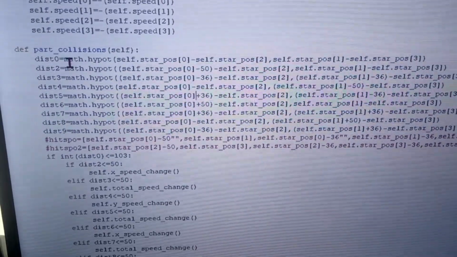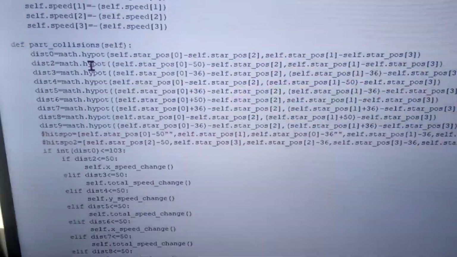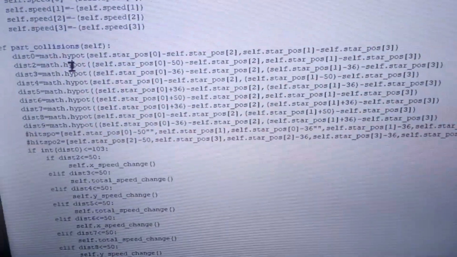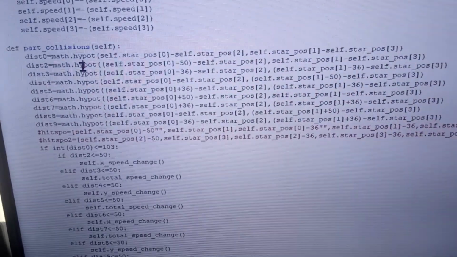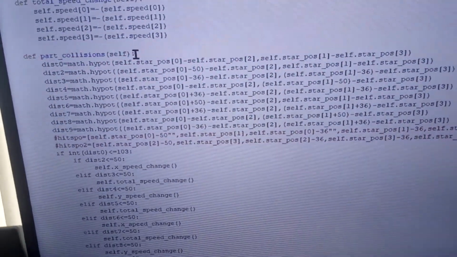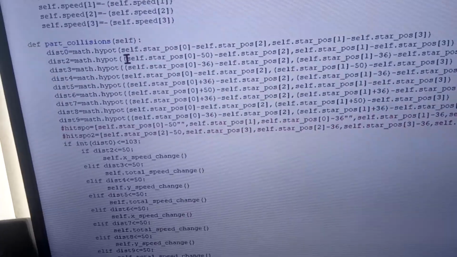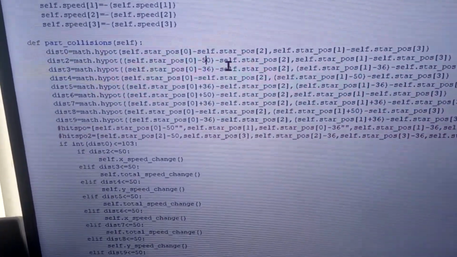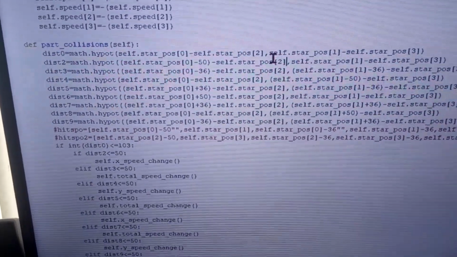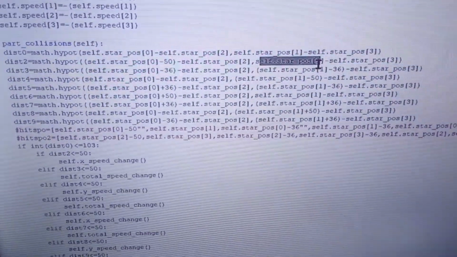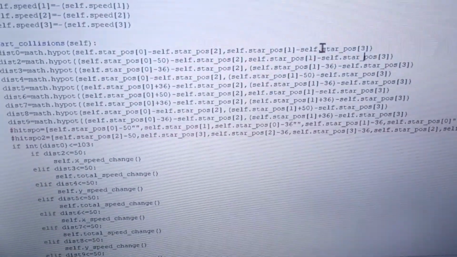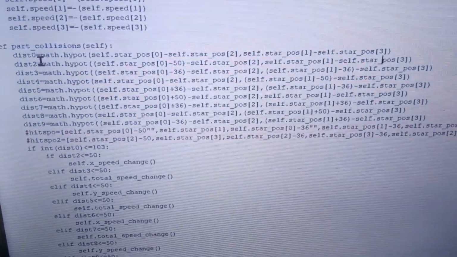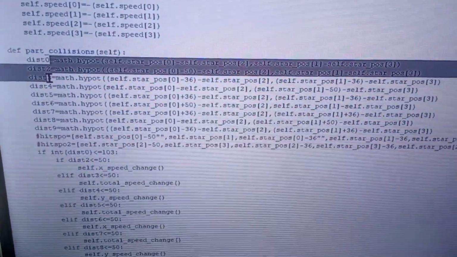Python called math.hypot, and I won't go into the maths of that. You might recognize the term hypotenuse, but I won't really go into that. Basically, all you need to know is it's a function, and what that does is it calculates the distance between 2 points. Now, what you need to do is get the x-axis of the first point minus the x-axis of the second point, then the y-axis of the first point minus the y-axis of the second point, and you put that in brackets next to that function, and that will